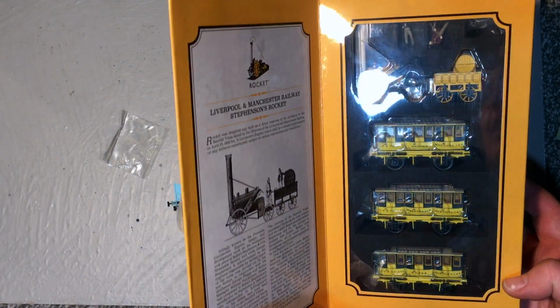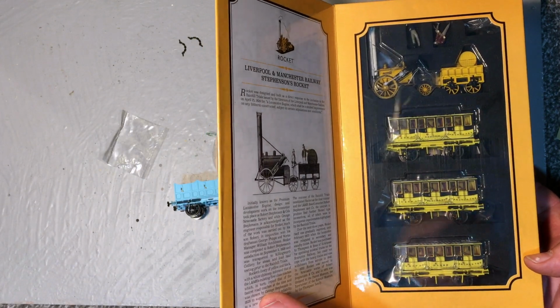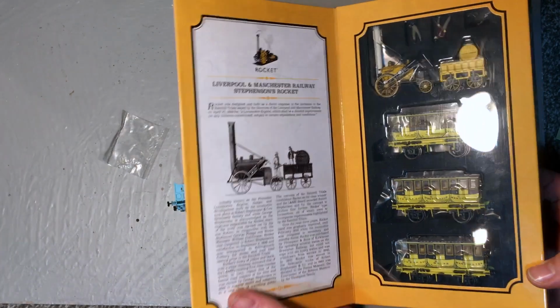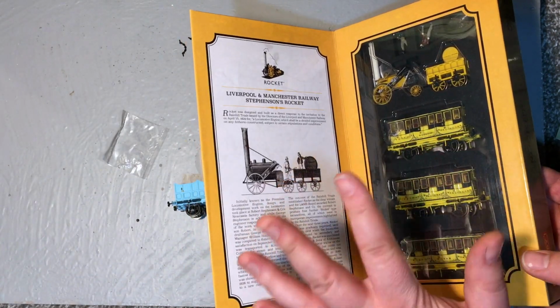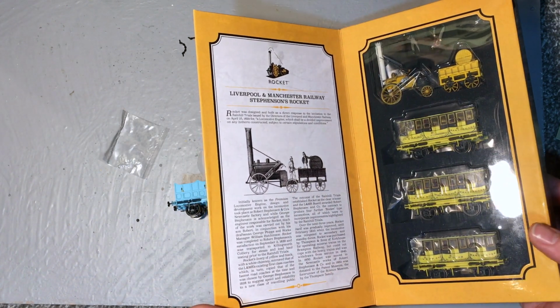I think that would be more of a static type thing, but certainly I think that would be an amazing way to grow this range, and certainly these have sold so well it would be interesting to see these come out again and maybe mop up some of that pent-up demand,